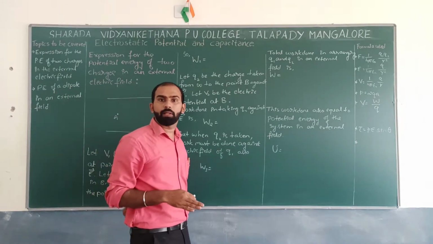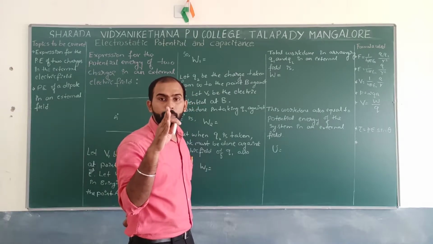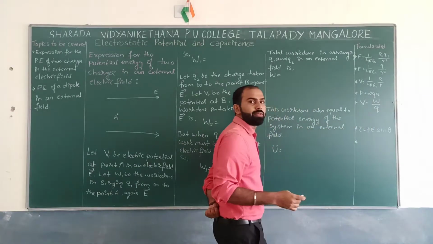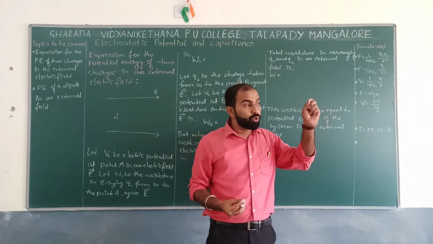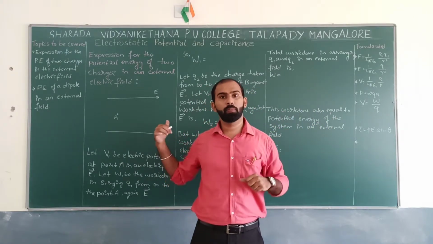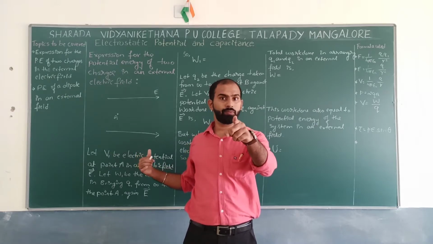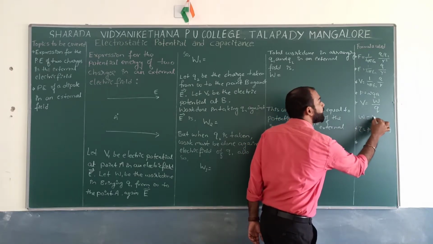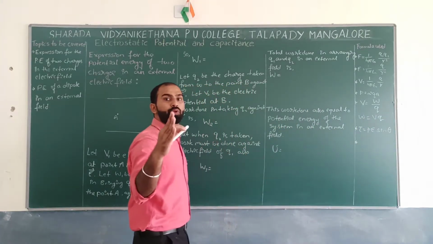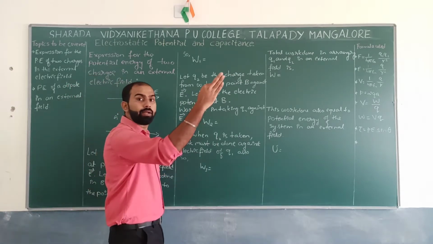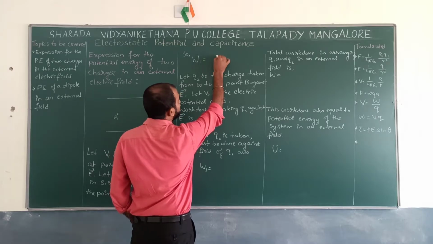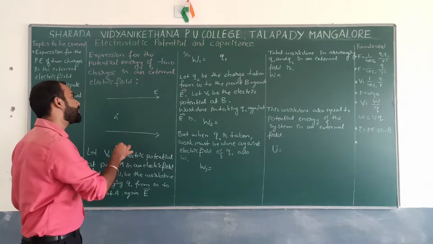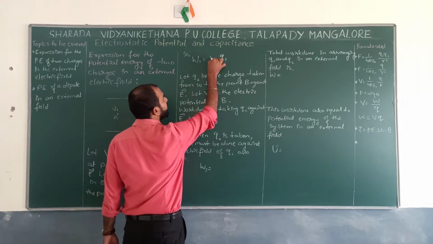What is the basic formula I can expect, based on your electric potential formula, V equal to W by Q? That is the amount of work done in bringing a unit positive charge from infinity to this particular point, and it should be against the electric field. So it is matching with this relation. So with respect to W, what can I write over here? V into Q. Now Q can be replaced by the charge you are bringing, that is Q1. So Q1 into, what is the potential at this particular point? Let us say the potential you have got is V1.